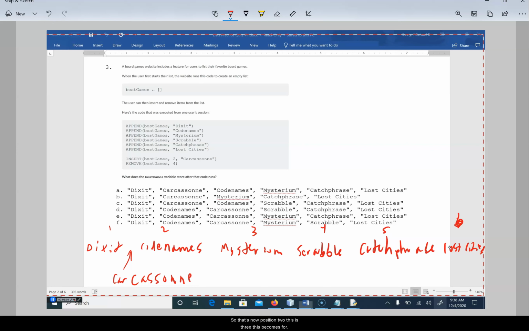Okay, so that's now position 2. This is 3. This becomes 4, 5, 6, 7. Okay. Then we remove what's at position 4, which is Mysterium, and